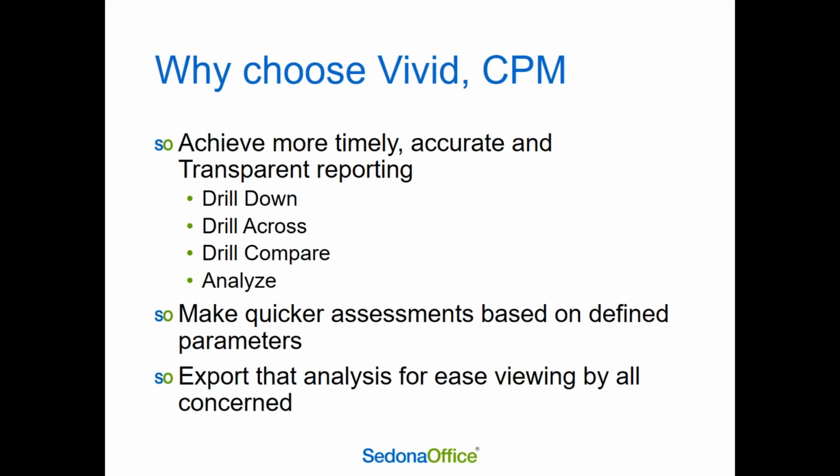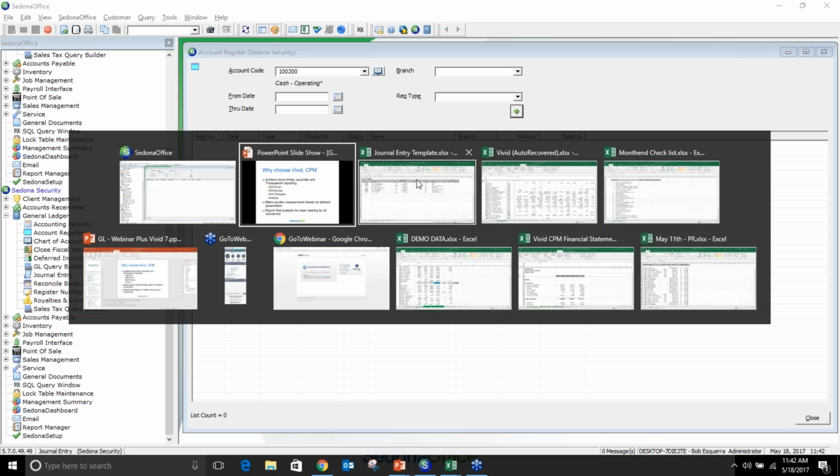It has a drill down feature in Sedona. In Vivid, within Excel, you're going to drill down to a transaction. You can drill across on a transaction that's going to allow you to look at trends. There's a couple analyze and compare features within Vivid that are powerful as well. So I'm going to show you that in a second here, but it really helps you close your books quicker. Now, we looked at the other survey on how long it takes you to close your books. This might be a tool, if you're not already using it, as a good way to reduce the time needed to process